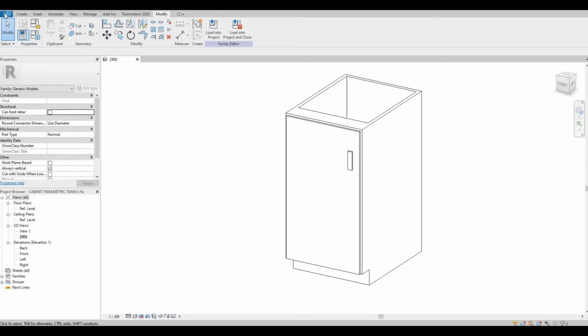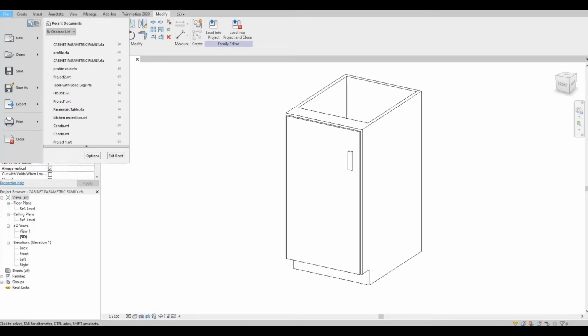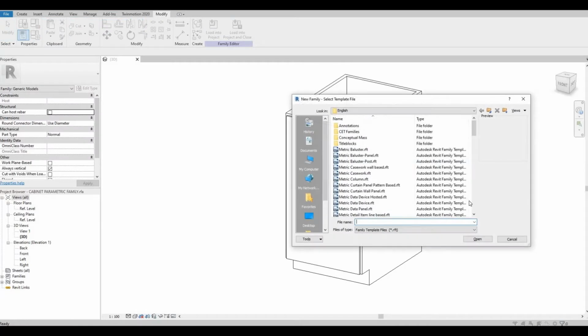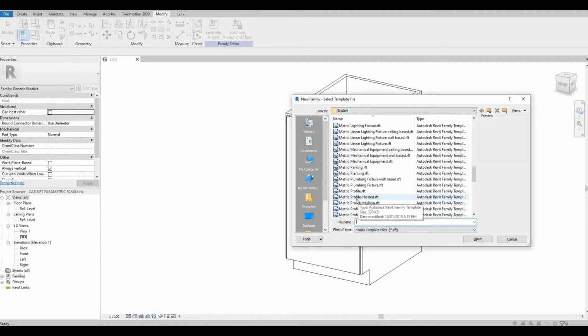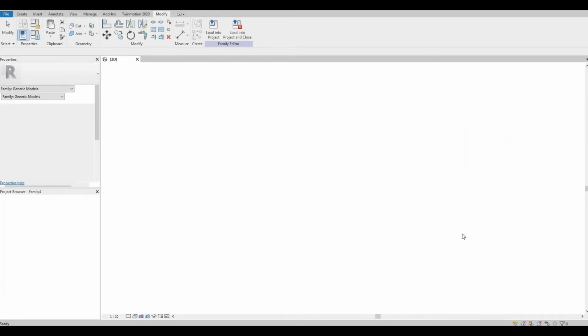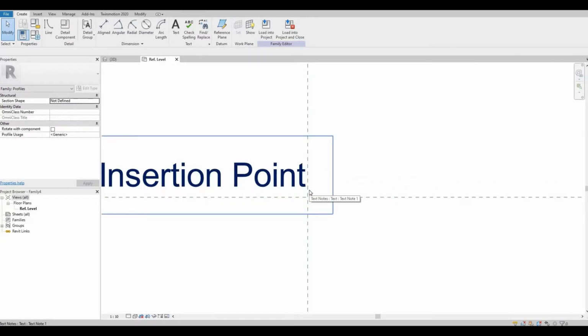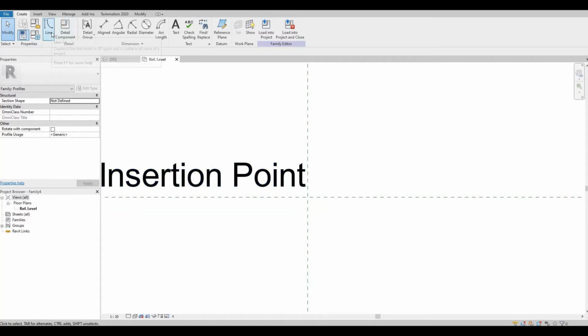So let's go to File and click Family, New Family, and look for Metric Profile Hosted. Press Open, and now we're gonna create the profile. So I'm gonna click on the line,